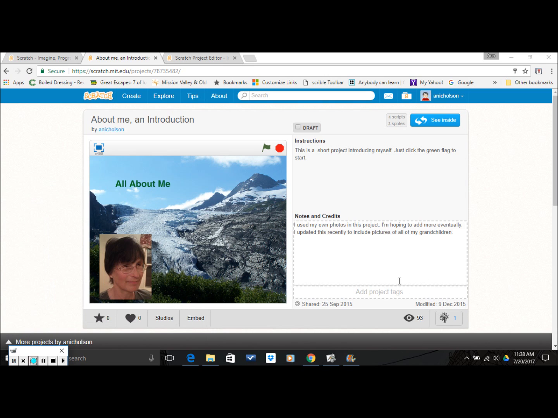Now I would like to show you the record feature in Scratch, which is kind of handy if you want to make a video of a Scratch project. I'm going to do it with my All About Me, an introduction, which is a short project that once I pick the green flag, it goes automatically. But you don't have to use just projects that go automatically. I'm going to go look inside,